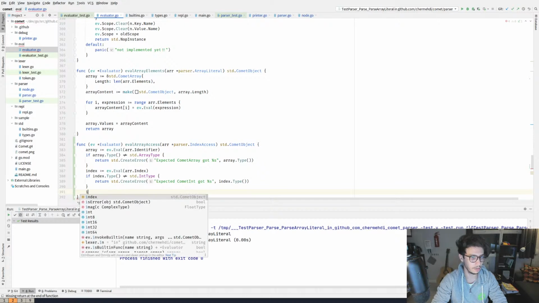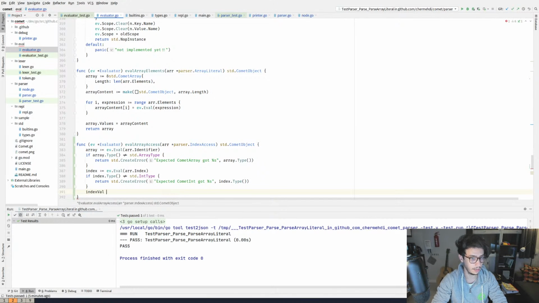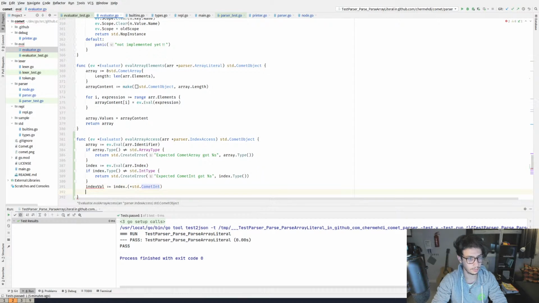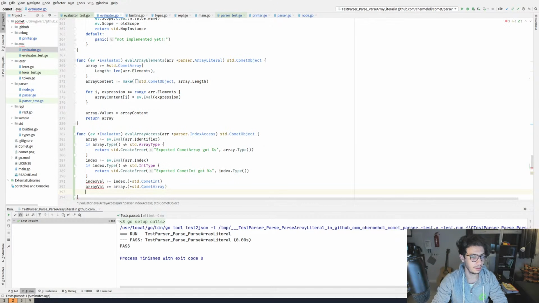I guess we should do index val equals index cast to int, and array val is array. We can make this cast without actually doing any testing, because we know for sure that the index and the array pass the sanity check of being arrays and integers.